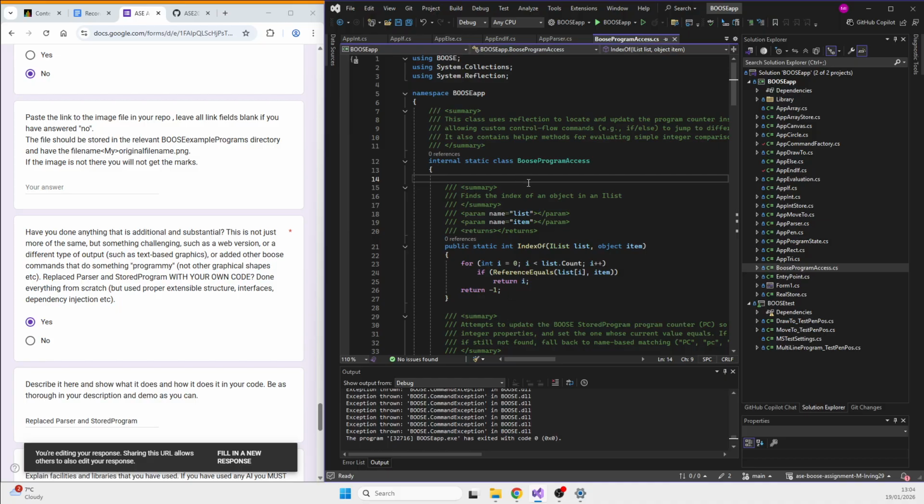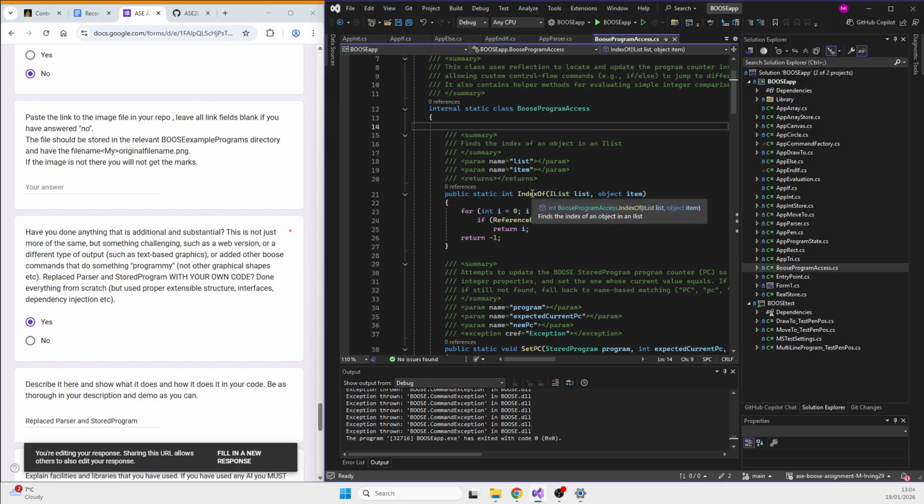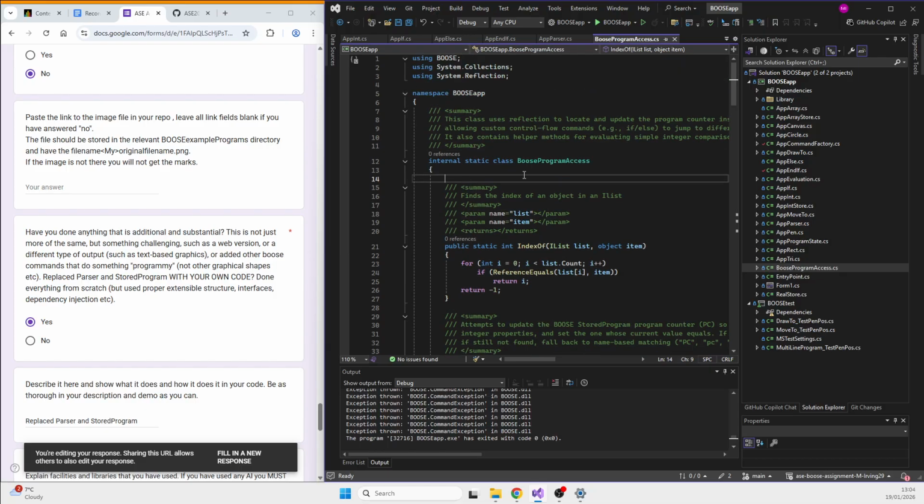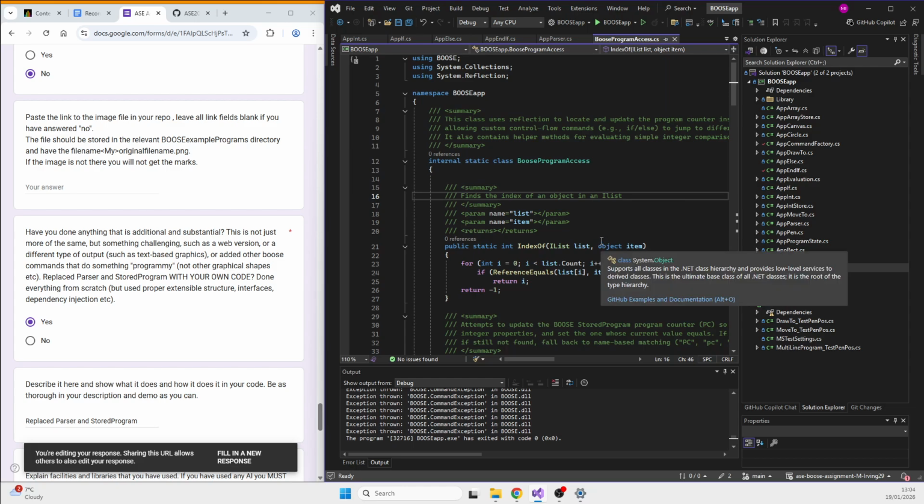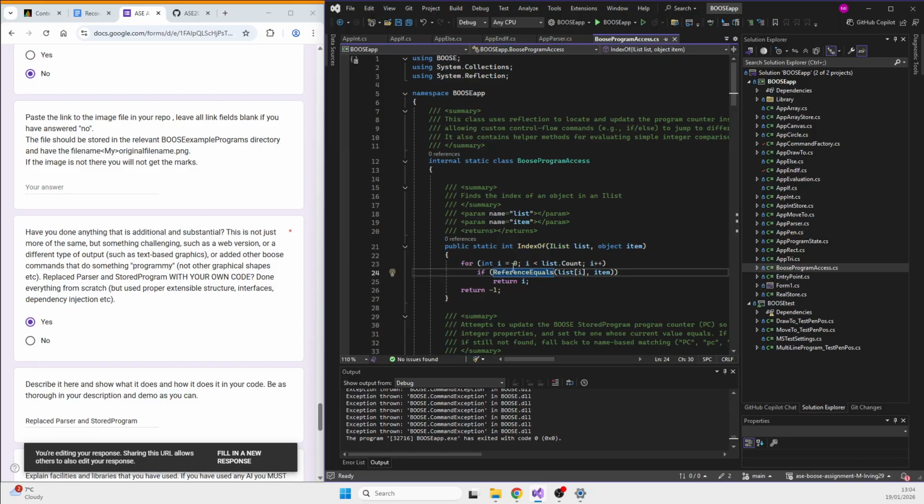So yeah, BOOSE's stored program isn't public interface, so it's easier if I just make my own, I guess. Replace it. So the index is just the position of the command instance in the list.